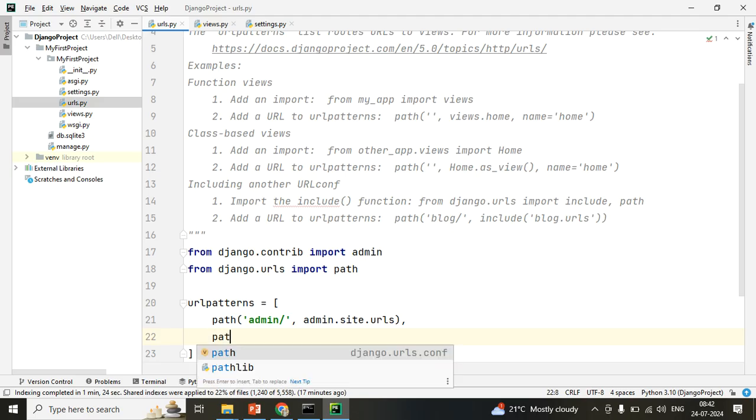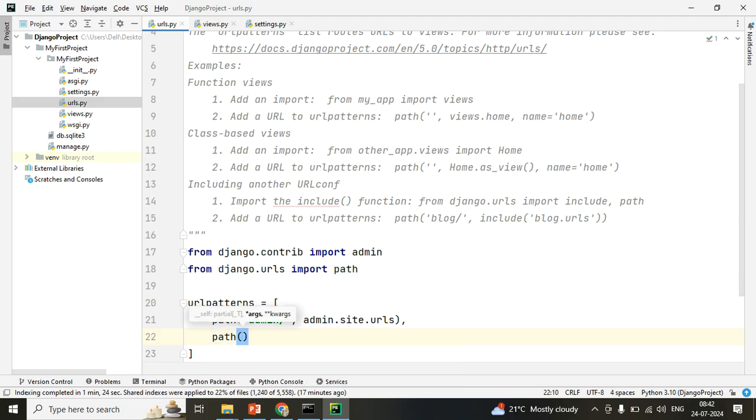Like path, then open parenthesis. Now I can give home, home slash, then comma. See, that home that I am giving is the URL routing name, like 127.0.0.1:8000. After that what should come, that is the URL routing point. Correct now? Now once I click on home,